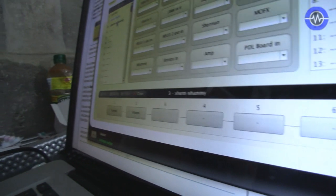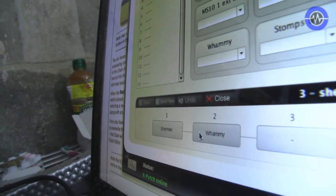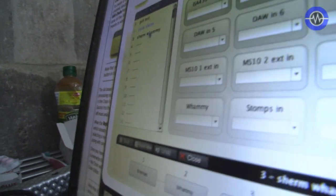You can also save device chains as well. For example, Sherman and whammy, you can save that as a little combo, because they're both devices, and then if you wanted to, you could just quite easily drop a chain in as if it was one device, so it speeds the process up. We've looked at how it's useful in just creating sound sources for recording for our sessions,